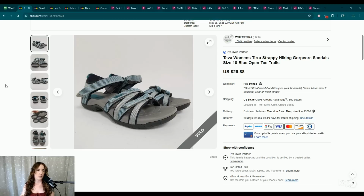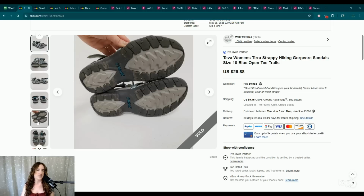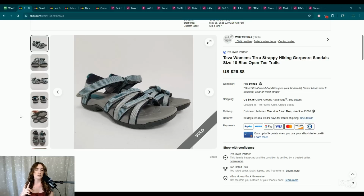This is a footwear brand that, depending on what you have, can be a good pickup. And just in general, every time I see it, I almost always look it up. It is a decent footwear brand. It is Teva or Tiva. I'm not sure how you pronounce it. I personally love this brand for their more casual sandals, but they're more well known for these outdoor hiking sandals. Got these ones at the bins, listed them for $30, and they sold on an offer for $22,